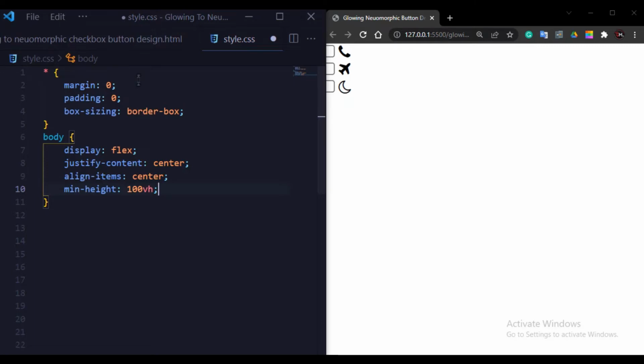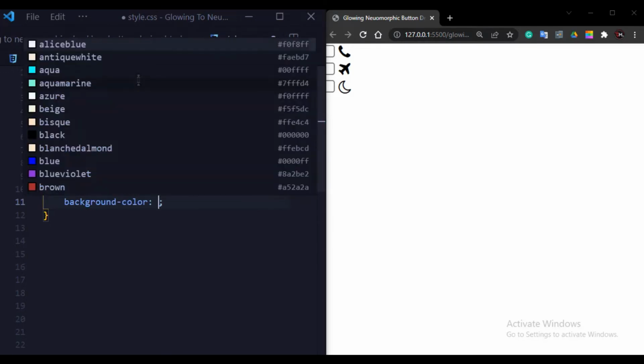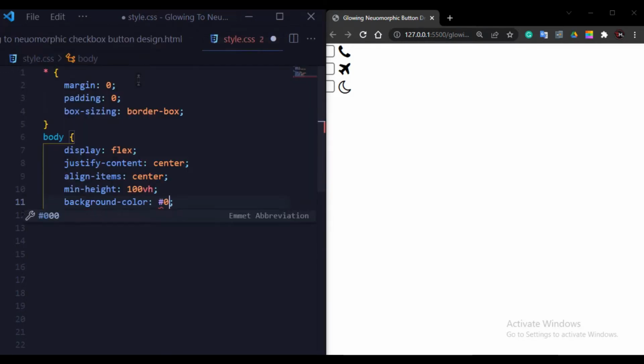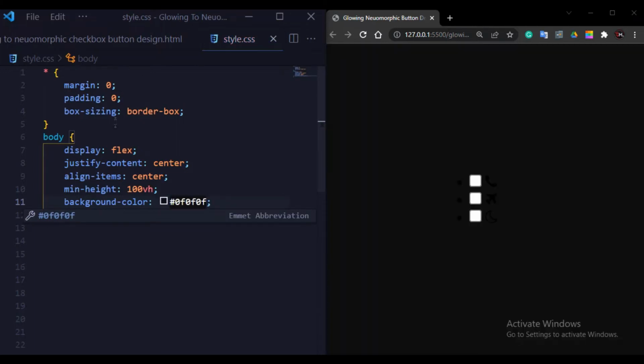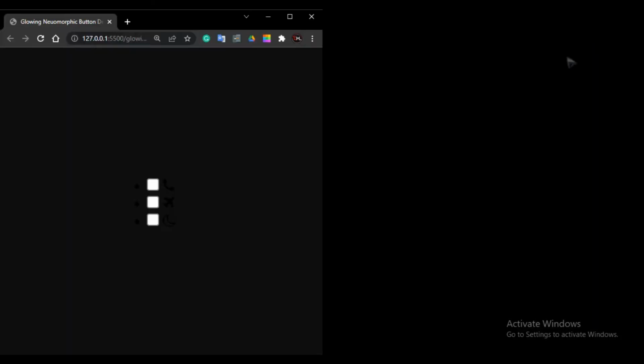I write this code to center my icons. Here I will also set the background color, so I will write background #0f0f0f. Now I will save the file. As you can see on my computer screen, all my icons are set in the middle of the screen, and also the background color changed.